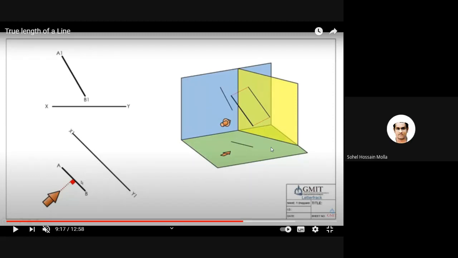Okay. You have taken a plane parallel to the horizontal projection, isn't it? Follow step by step, isn't it? Yes. Okay. And what happened? You got the true length of the line on this plane, this particular yellow plane. Are you convinced that you will get the true length on this plane? Yes, sir. Okay. And the angle that will show, this angle is with the horizontal plane, isn't it?